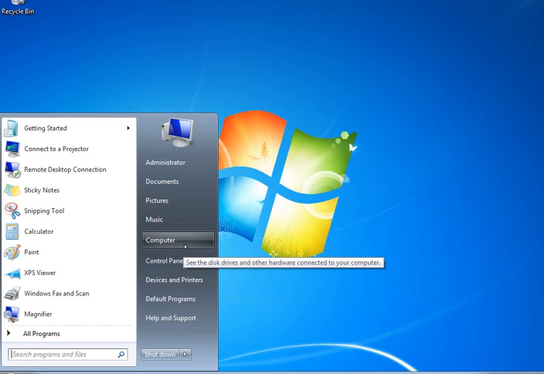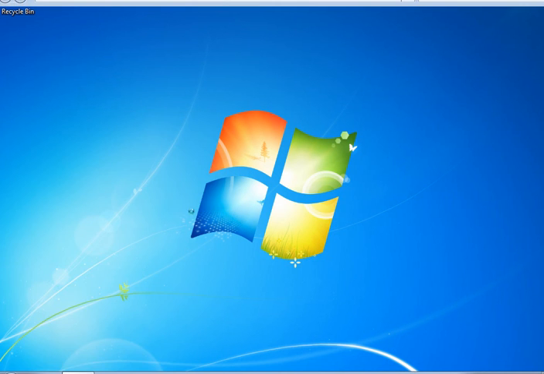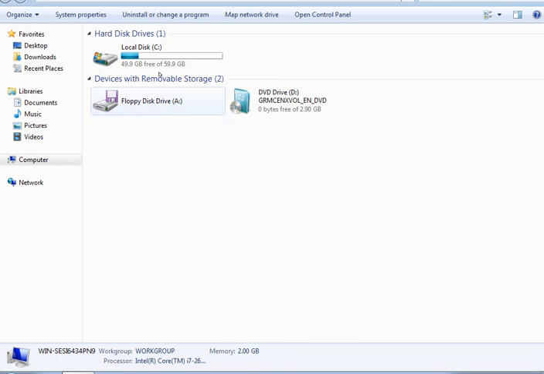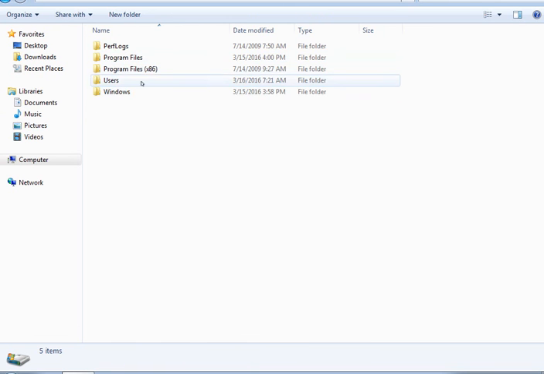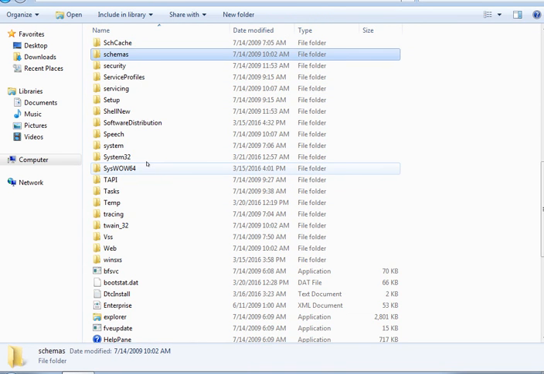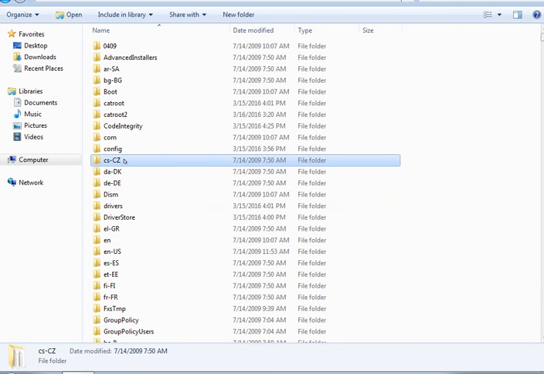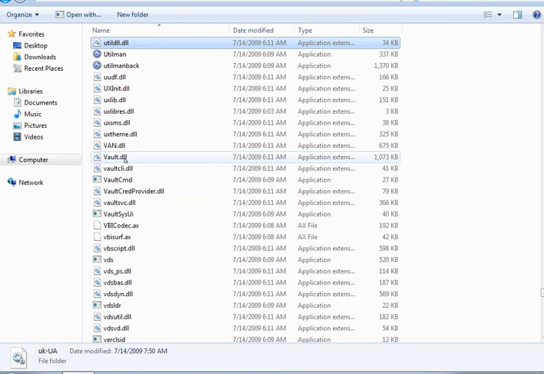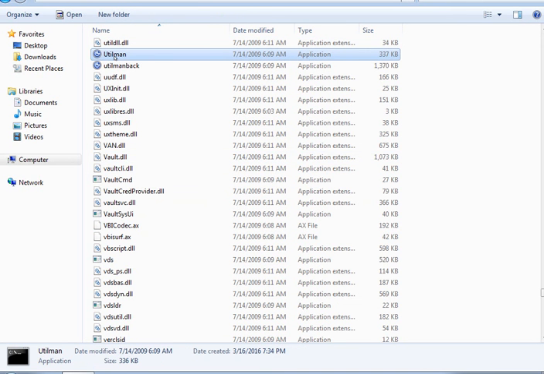We can do anything we want in the system. We can reset the password, but lastly what we have to do is go to C, Windows, System32, and go to utilman. This is actually the command prompt file that we renamed.